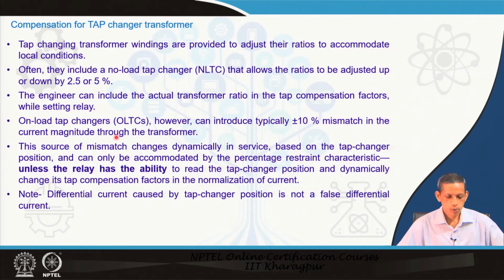Now, if that is not so, the tap changing transformer can be as high as plus minus 10%. If that kind of adjustment is not there in the numerical relay, then the associated mismatch which will happen will be of significant nature, and that must be included in the corresponding percentage bias relay characteristic setting. The slope is an important factor from this perspective, because 10% is not a small value, it is of significant value. Therefore, the corresponding M1 and M2 are to be adjusted accordingly.